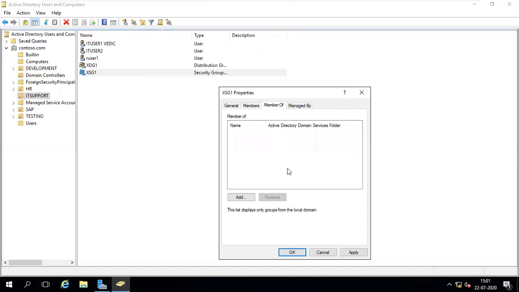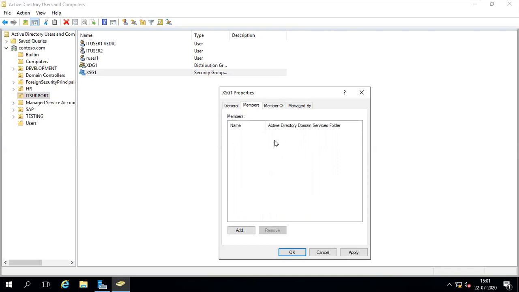Member of means if this group is in another group, that is member of. Members means if any user or any group is in this group, those are members.